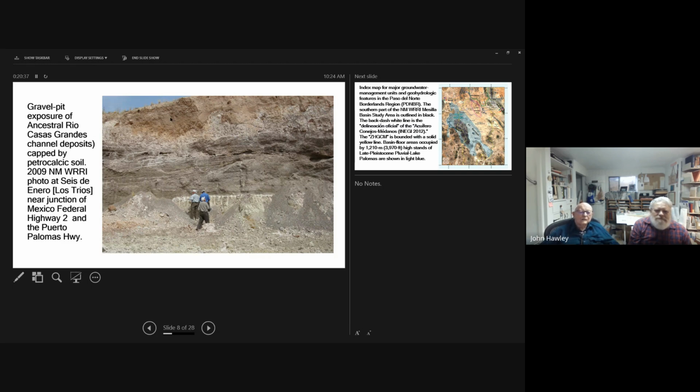And then there's a very thick caliche type or calcareous soil that caps it, indicating that these deposits are probably 500,000 to a million years old, or a little bit older.